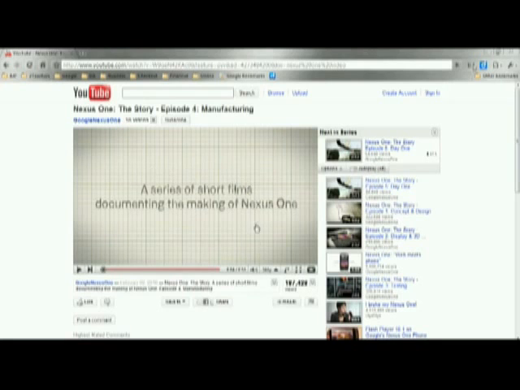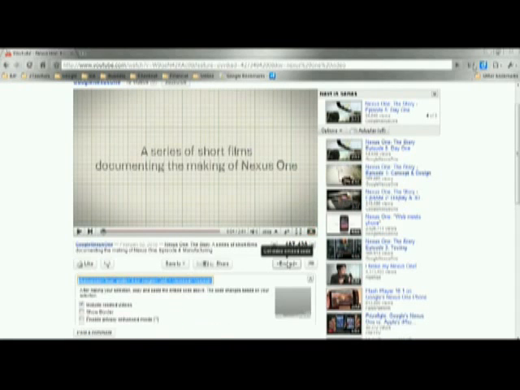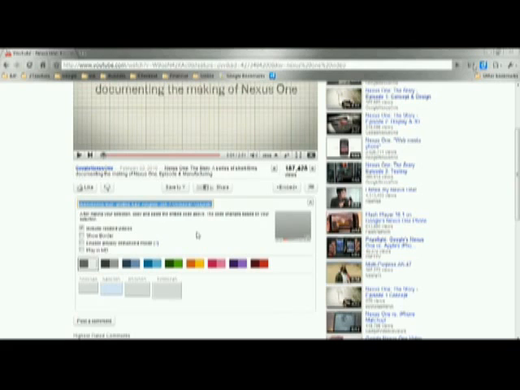And then towards the bottom, and again, if this changes in the time, if YouTube has changed this when you view this tutorial, just look around. You're going to be able to find the embed button somewhere on this page. And I'm going to select embed, and you'll see here, boom, drop down menu comes up, and this is the